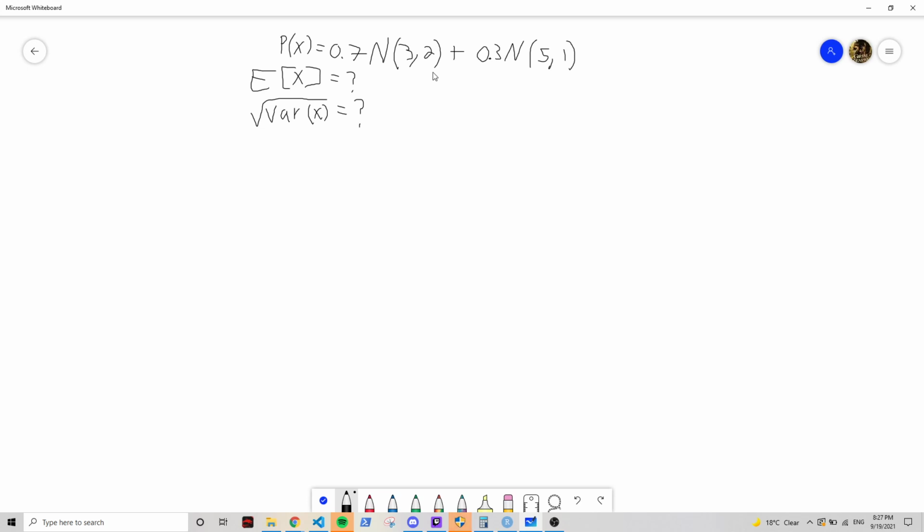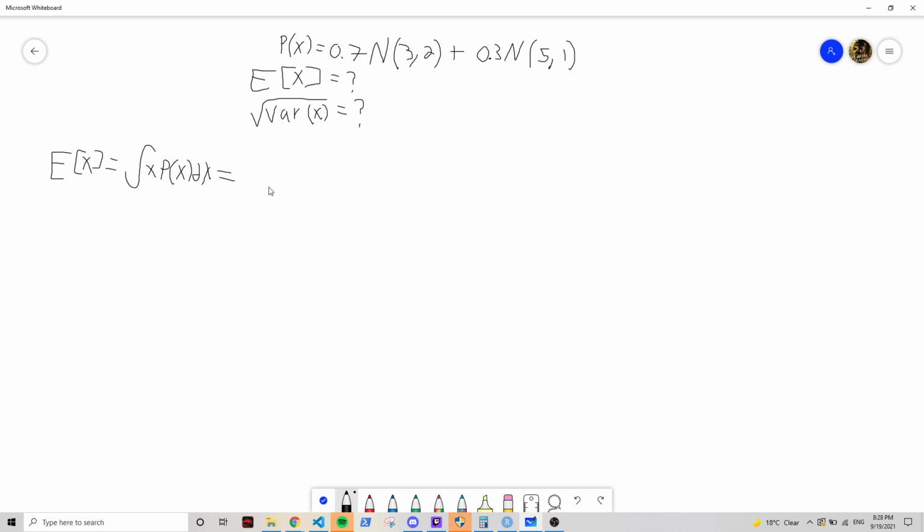To take the expected value, recall that x is actually a continuous random variable because it's a normal distribution. So unfortunately, we can't simplify this into a discrete way using a summation. And so the expected value will be equal to the integral of x p(x). You should be familiar with this if you study probability or statistics in general. And so this is equal to